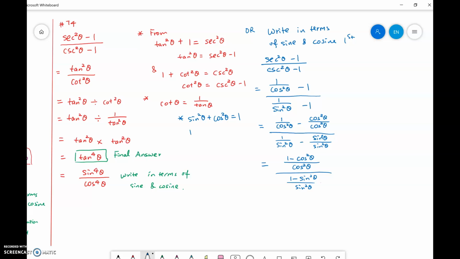That means 1 minus cosine squared theta becomes sine squared theta, and 1 minus sine squared theta becomes cosine squared theta. So 1 minus cosine squared is sine squared theta over cosine squared theta, over 1 minus sine squared, which becomes cosine squared theta over sine squared theta. So if I'm going to rewrite the long division in terms of dividing,